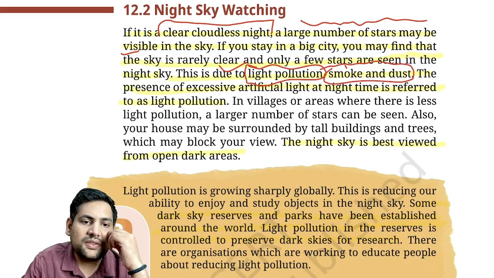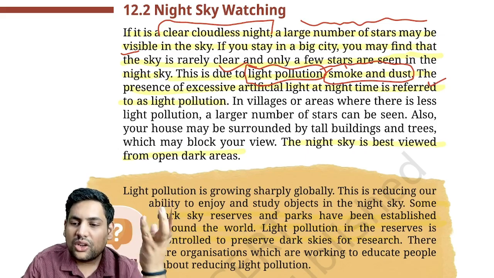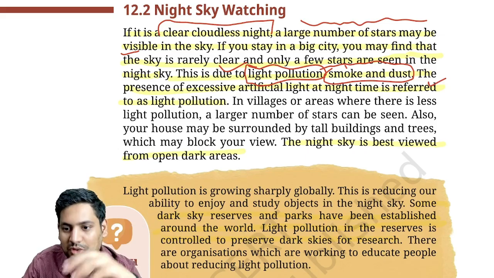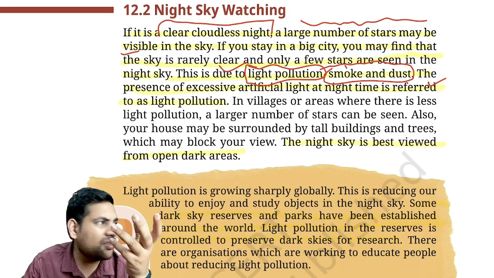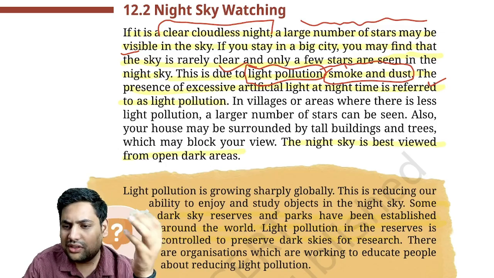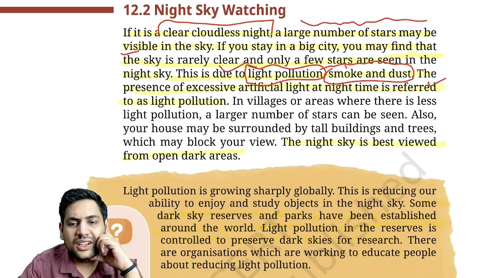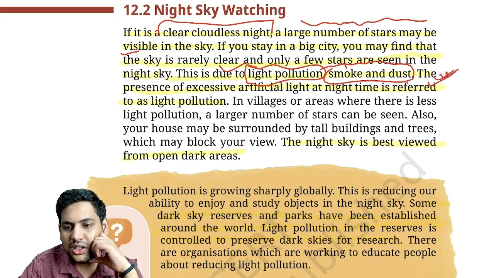Correct? The presence of excessive artificial light at night time is referred to as night pollution. Correct? Because ideally the nights are supposed to be dark, but as you know, nights are now very bright around the world. If you go anywhere, you will find that there are so many lights,